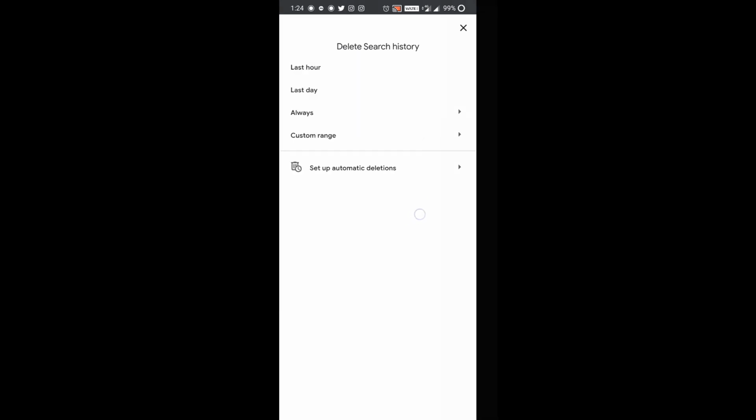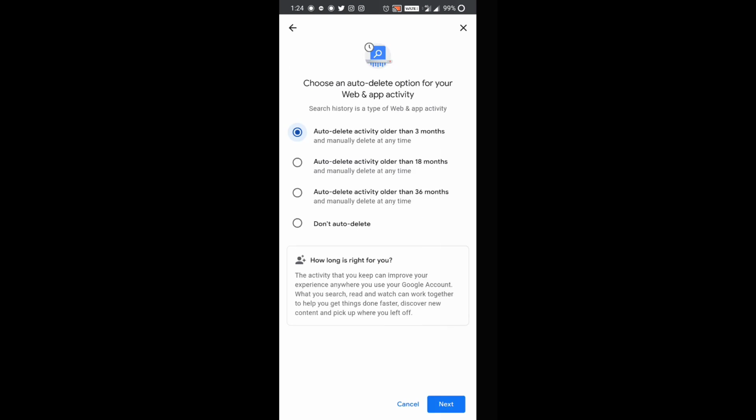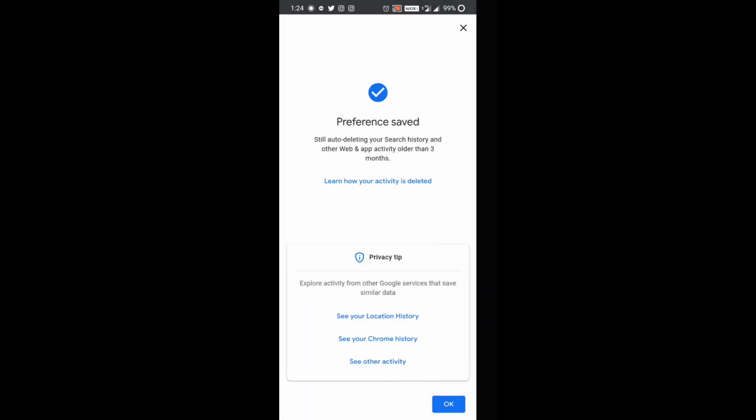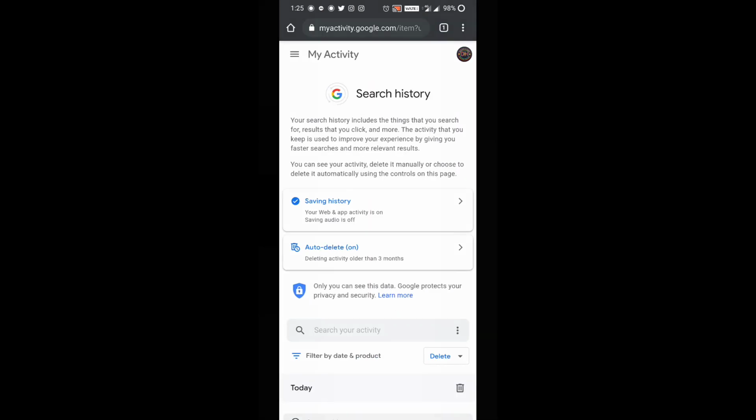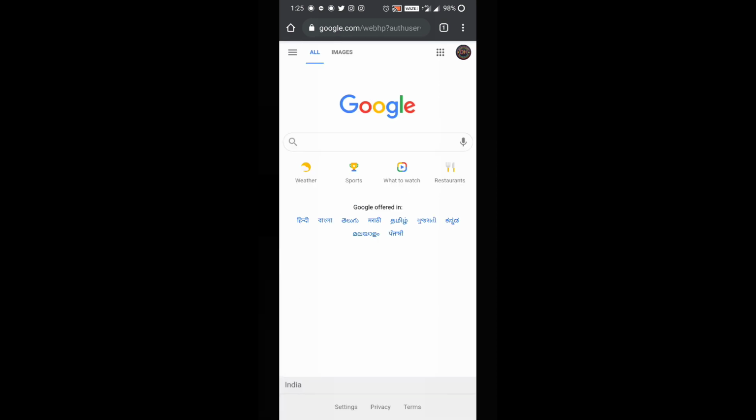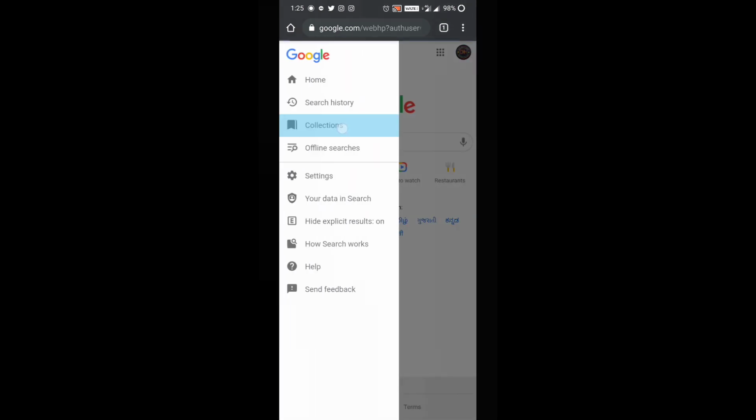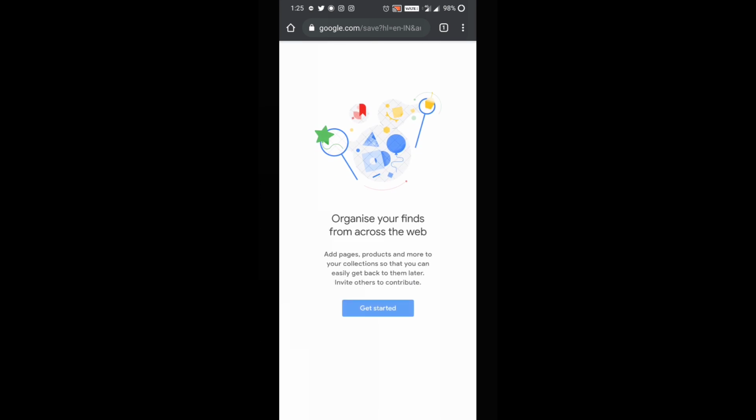Select based on your requirement to delete history and click to proceed. Let's move to another option. Select collections. Collections is nothing but organizing your finds from across the web.